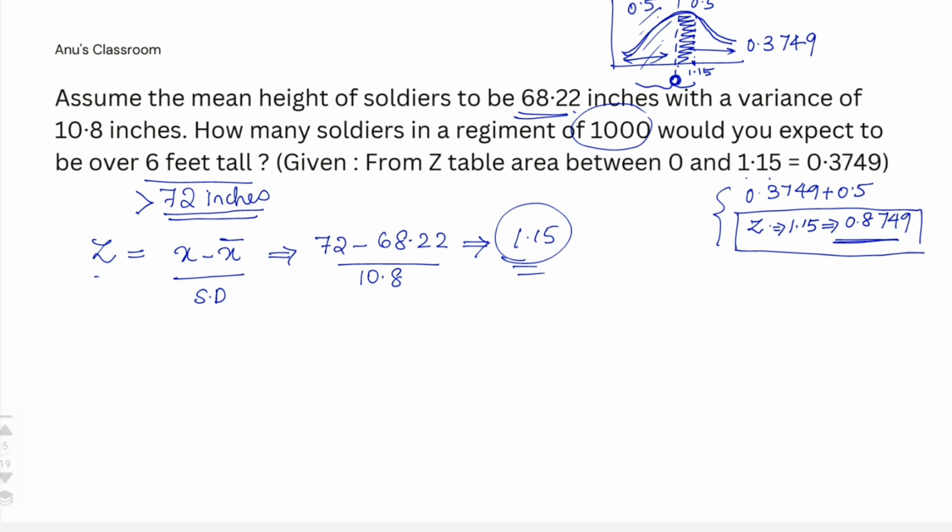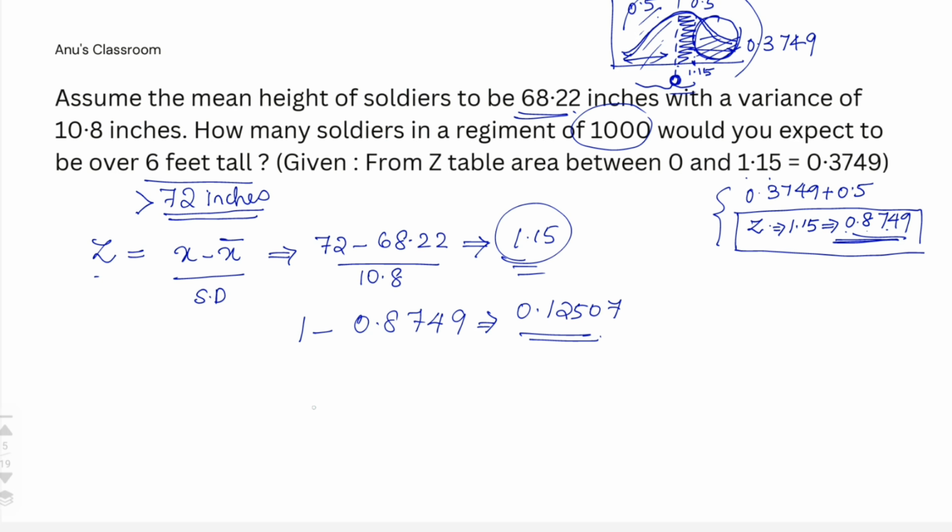So now what do we need? We need to find out the number of people in the area that is above 1.15. So what we have to do? We have to subtract this below value, that is 0.8749, from 1, the total area, to get this portion's area, right? So that is 1 minus 0.8749, you will get